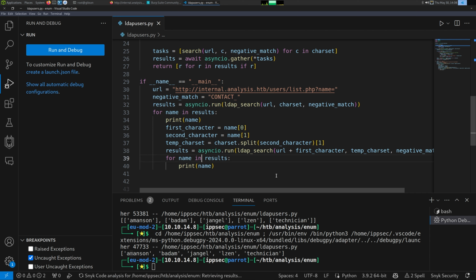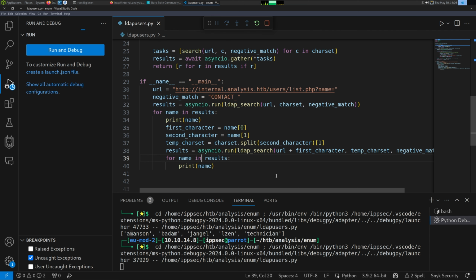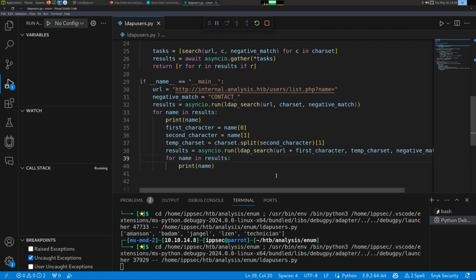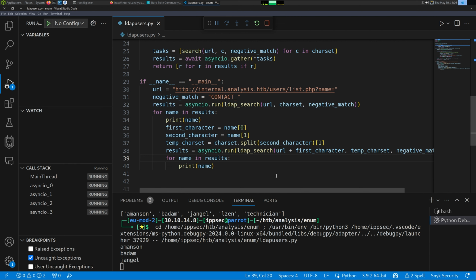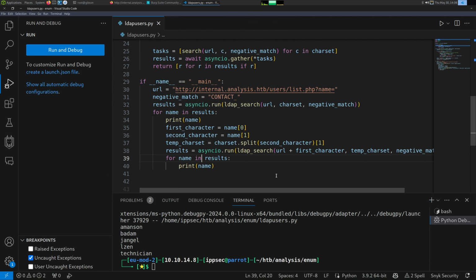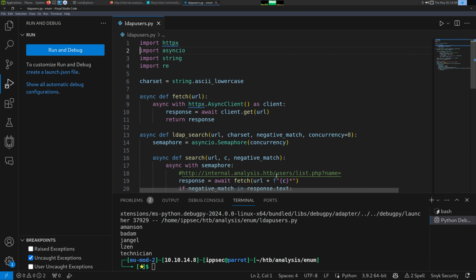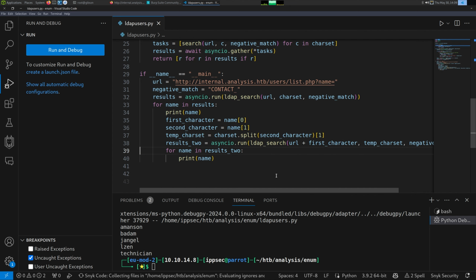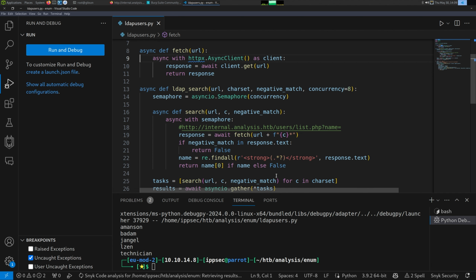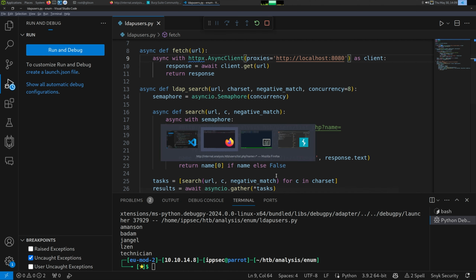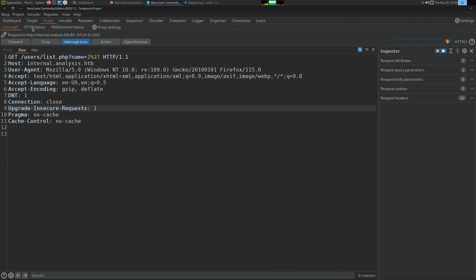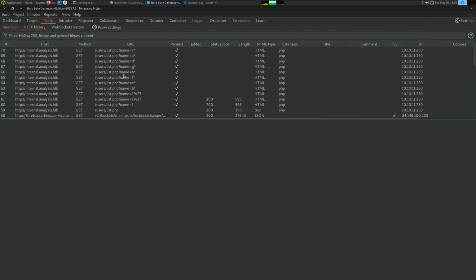I think this is going to work. Let's see. Oh, I probably shouldn't have reused results like that. We'll do it this way. And let's set a proxy so we can make sure the request looks fine. If we want to do proxy, we can just say proxies is equal to HTTP localhost 8080. Run this. And then if we go in Burp Suite, look at history, we'll see it working in clumps of